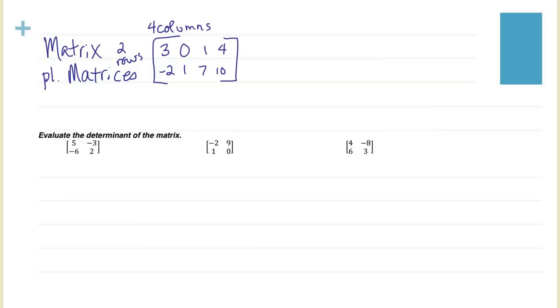So how do we evaluate the determinant? The determinant is going to be a value we can come up with for these numbers. I like to remember determinant starts with D. And so finding the determinant, we're going to be finding the difference of some numbers. Difference means subtraction. We're going to take those 2 numbers, multiply those, and then subtract